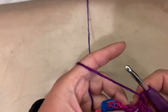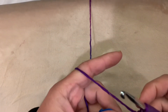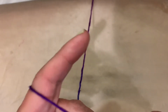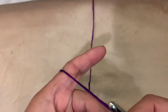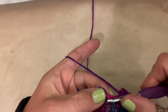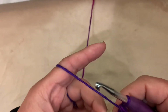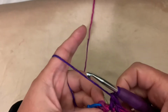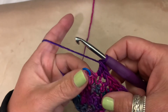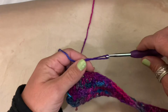Okay, I'm coming to the end of row 7, and I need to show you how to decrease on the end of the row. So this is the next to last stitch. It's a double crochet, and then the last stitch would be normally a single crochet, but we're going to just skip that altogether, and we're going to stop right there, and we're going to count and verify that we